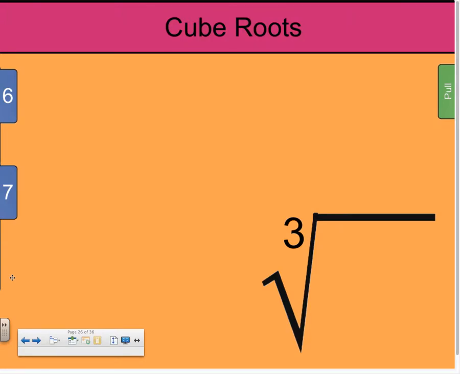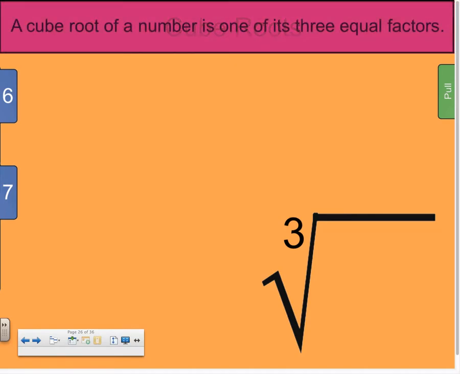Cube roots. Cube roots are different than square roots. Here's how they're different. A cube root of a number is one of its three equal factors. Remember, when we had square roots, we had two factors that were equal. With a cube root, we have three factors that are equal. Let me explain. If I have the number 8, the cube root of 8 would be